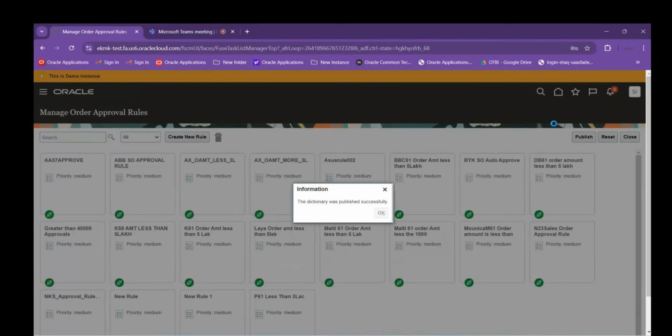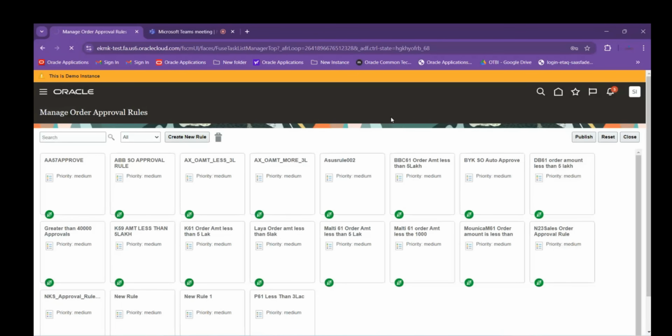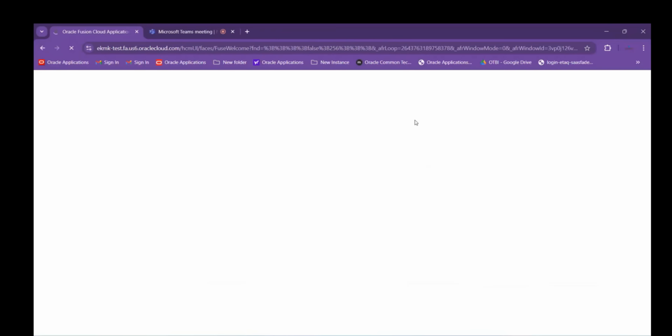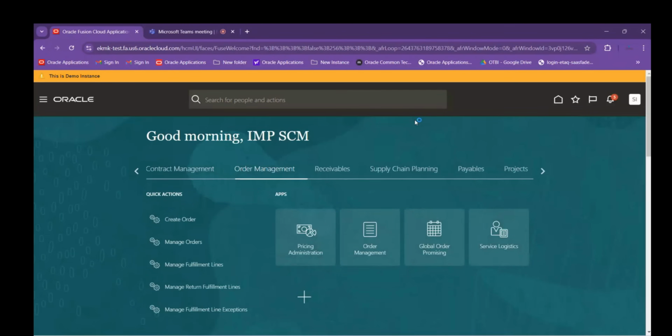Okay. All right. So we have done the approval also. We have done the process assignment. Okay. Shipping parameter we have already done. Okay. Order parameter already done. Now what else? We have to complete our pricing setup, and we have to first, complete our ATP and all. So let's see that now it is coming